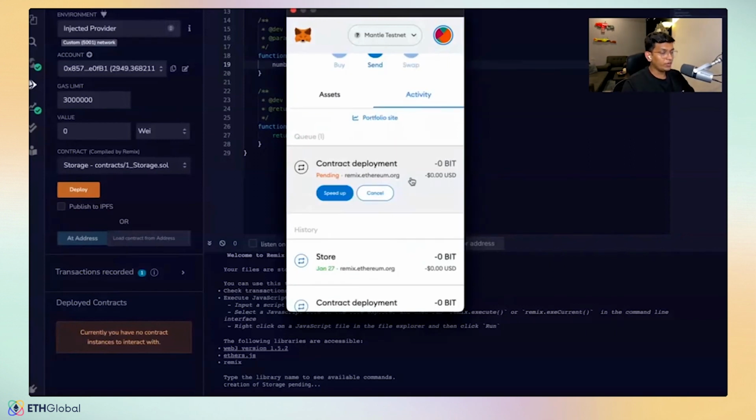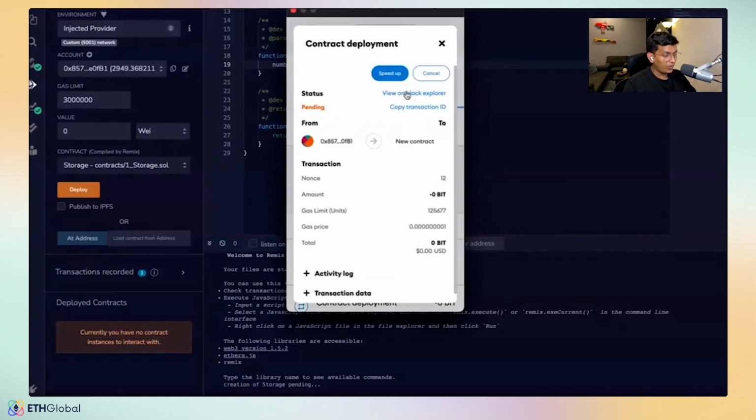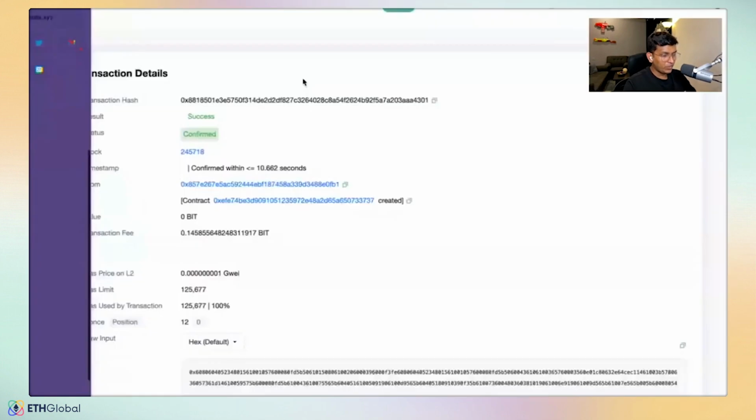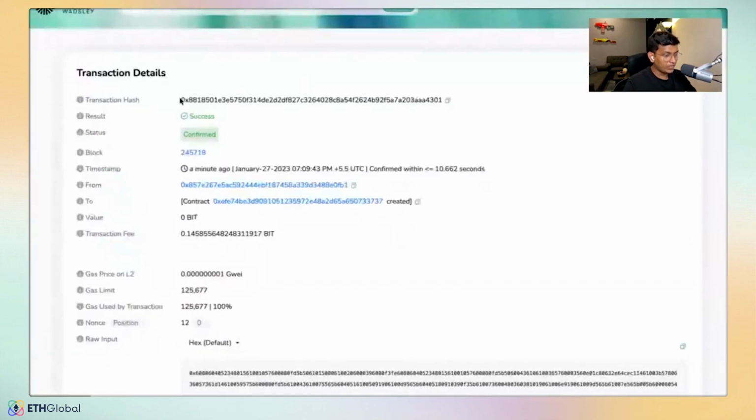You're still waiting for it to be deployed. By the time it is deployed, we can actually check our block explorer to see what is happening. Let me check it out. You can see we are directly going onto the Mantle testnet explorer. And oh yeah, so